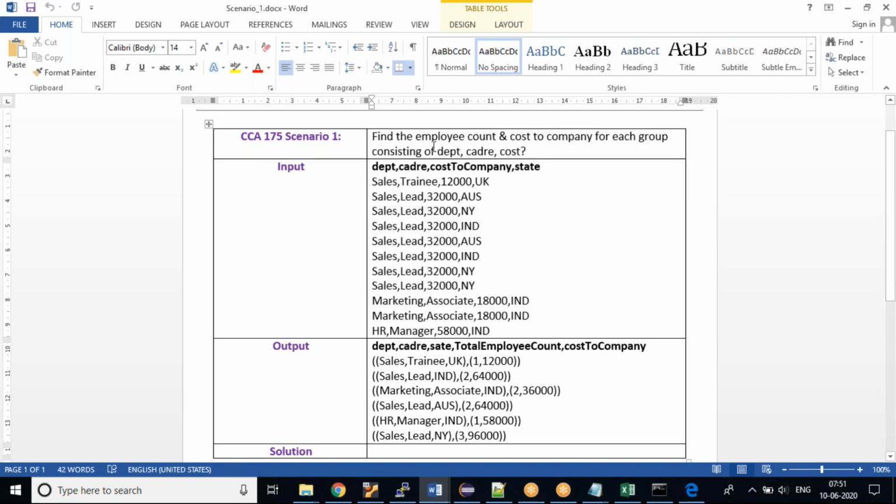They have created a group on department, cadre and state. This is my department column, this is my cadre column, and this should have been state. So let me change this to state.